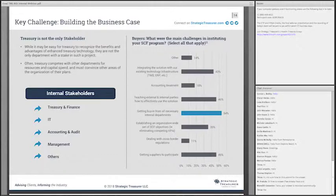But much of Treasury also has an impact in other areas. So the cash conversion cycle, it touches AR, AP, sales, etc. How you do this impacts financial reporting, visibility, risk management. So to the extent that you have functions, you have processes that you can enhance or impair because you interact with other departments, this is